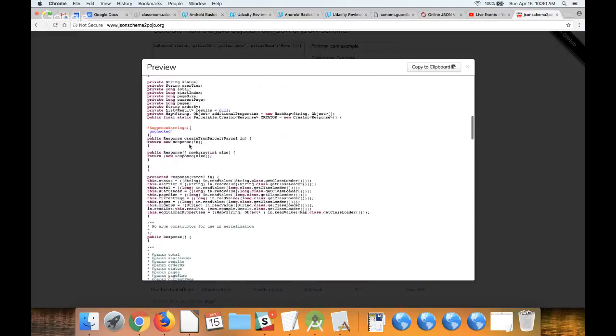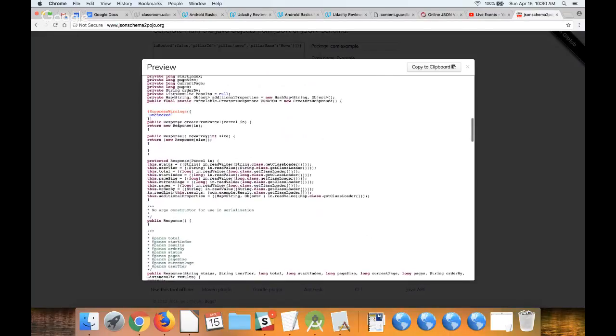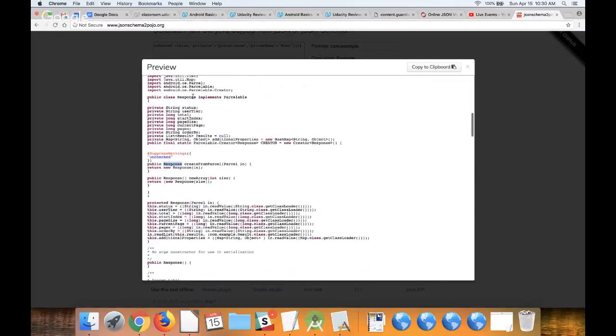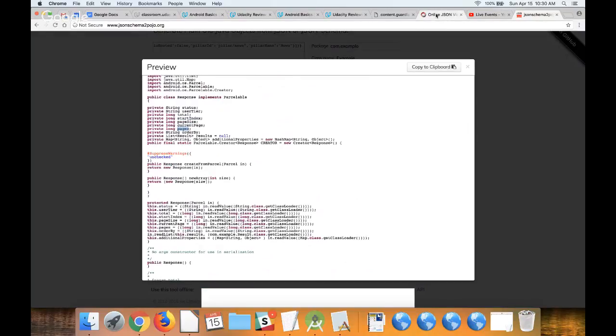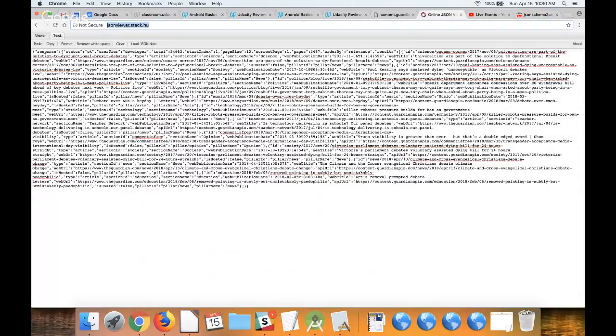So what else? Let's go for the response, the one that is more interesting. You see here it implements Parcelable automatically. So we have the status, the total, the start index, the pages, all this data that we initially have here.